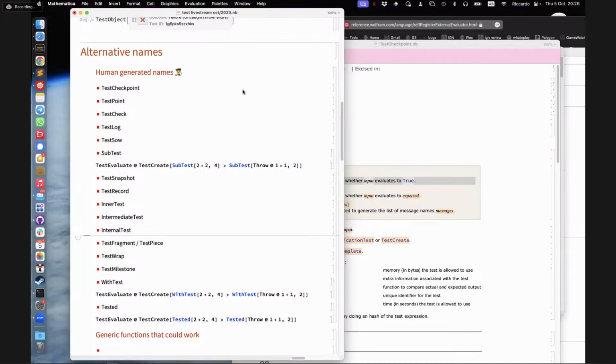Right. I mean, what about test check? In a sense, it just, no, it's not a test. It's not checking anything. It's just recording. If it checks, there should be some consequence of it checking. It's just showing the results of this. One thing I don't like about test check is that test and check are